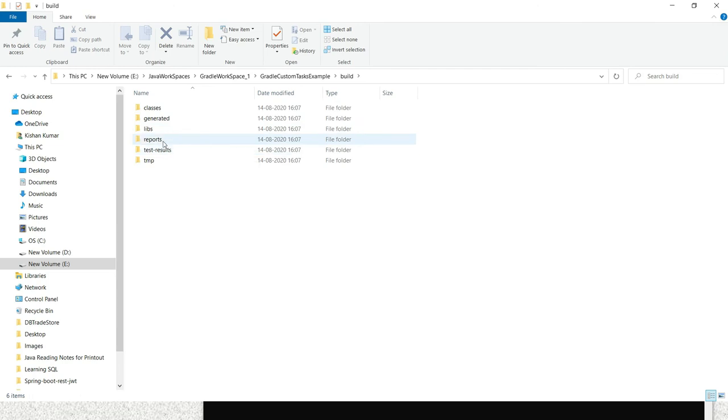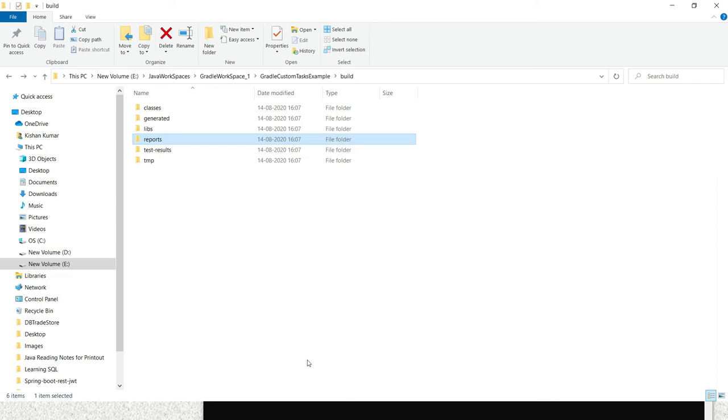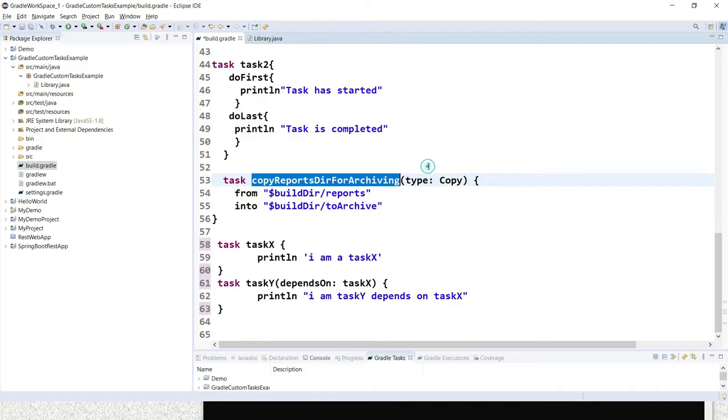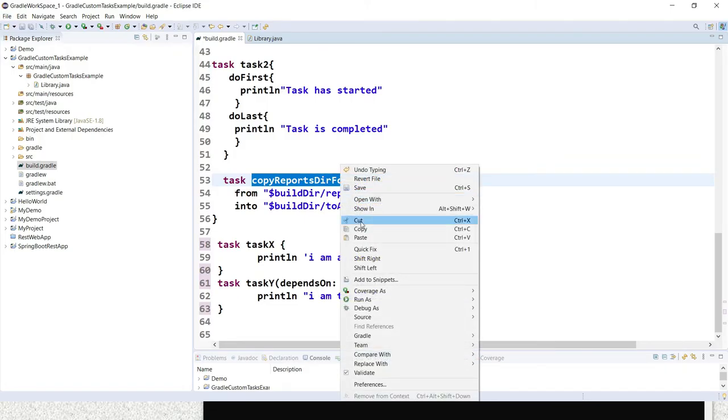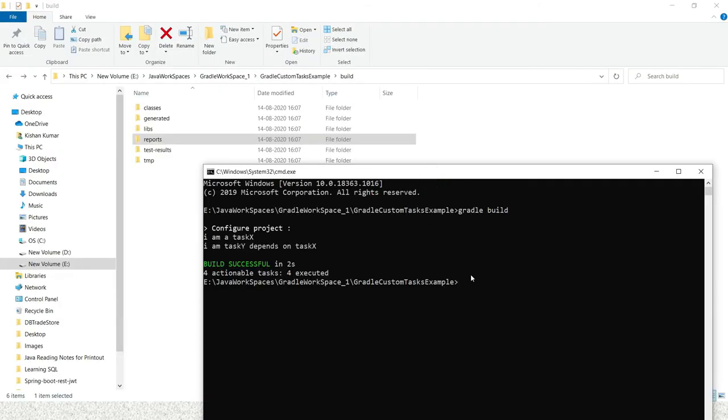Inside the build, you can see the reports folder. What I want is for the reports folder to be archived, or copied into a new folder, and that's what this copy task does. One second, let me copy this task name. Here I will run gradle, with the -q flag, then the task name.